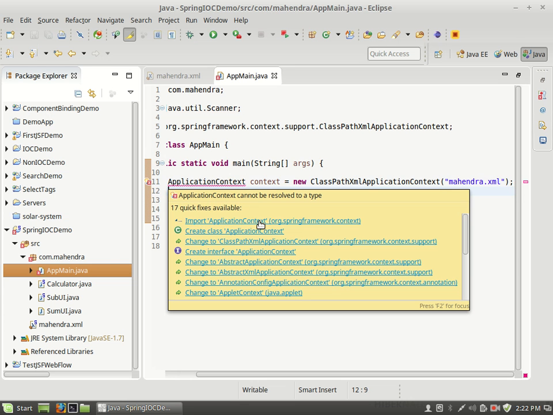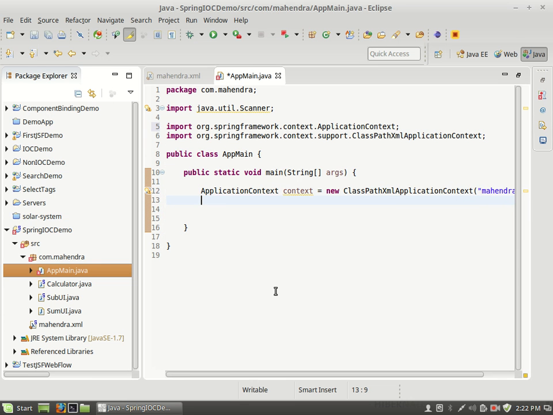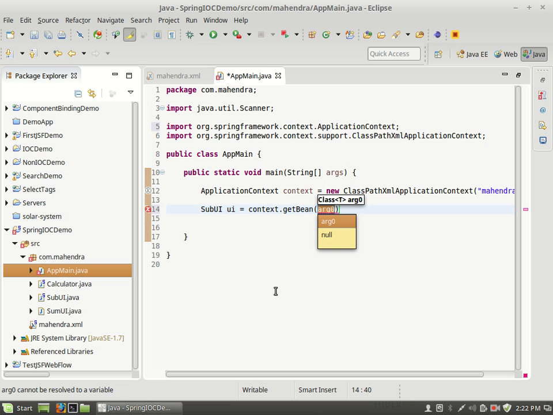Of course we need import statements for all these classes and interfaces. SubtractUI is equal to context.getBean(SubtractUI.class),